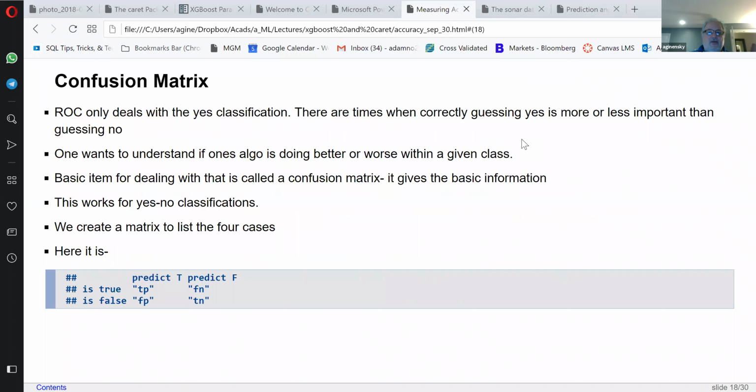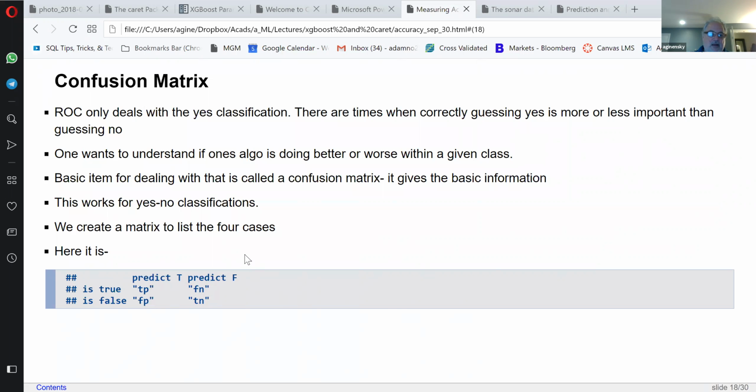Okay. So along with this, the other thing that we see a lot is what's called the confusion matrix, and I think I showed it to you before, but it's always useful to look at a confusion matrix because that'll show you in down-to-earth terms. There may be times when true negatives are more important than true positives, or true positives are more important than true negatives. But it can also help because it can show you where your